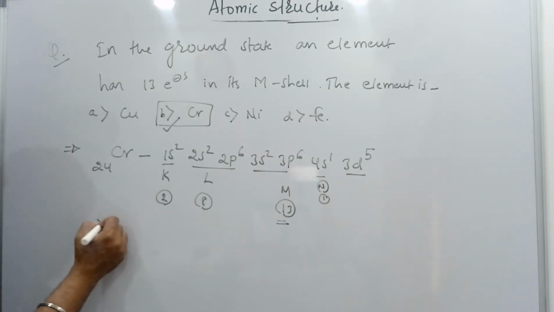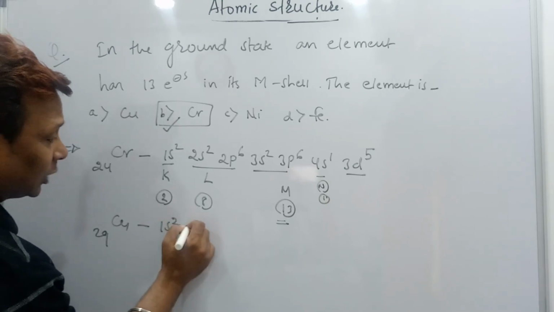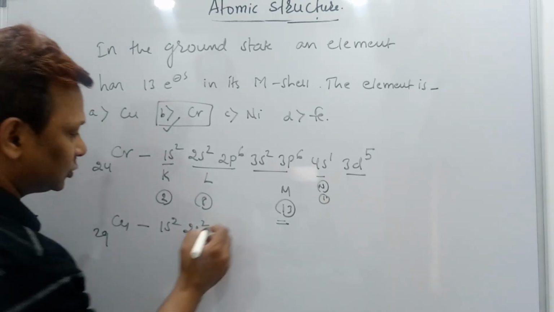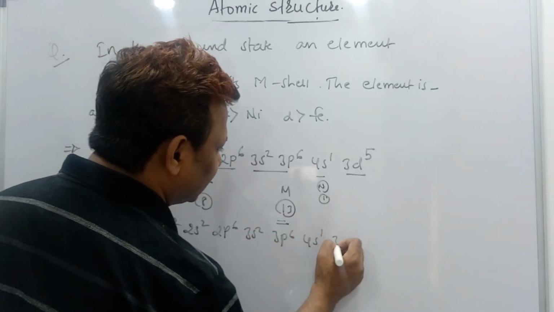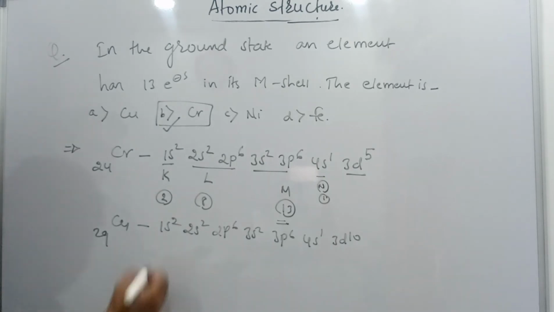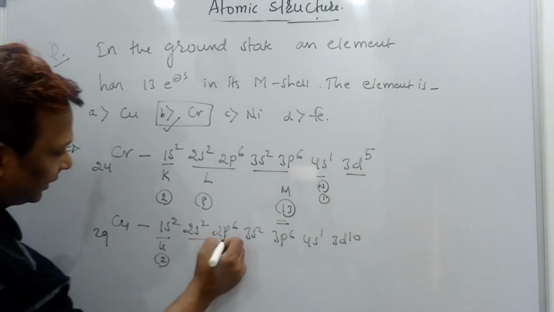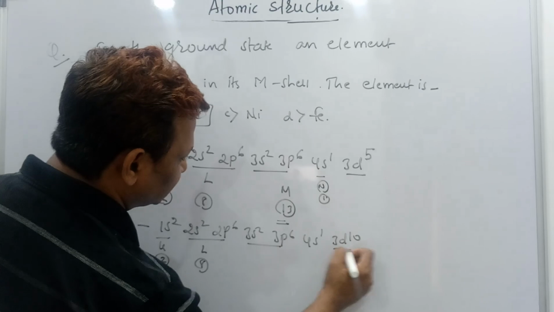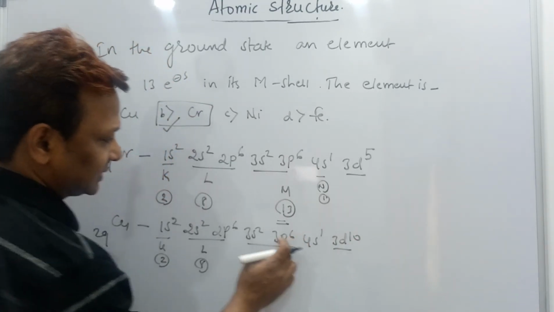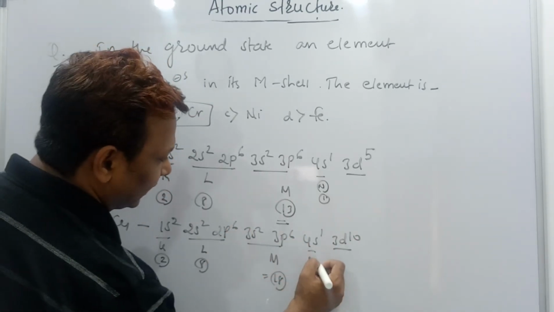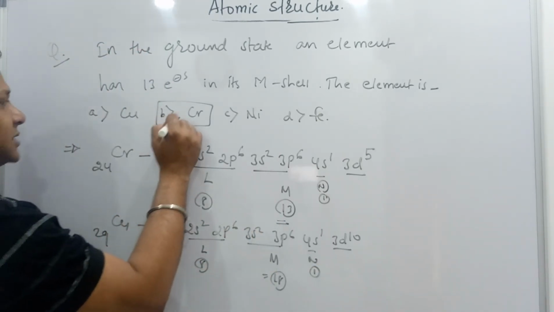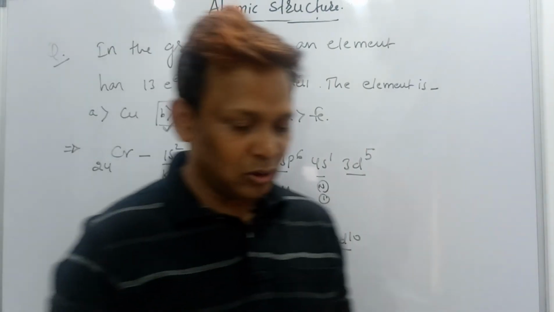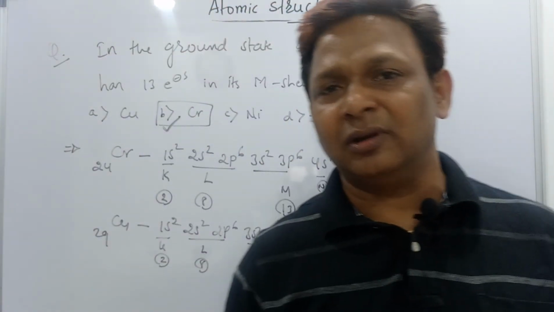But check copper also, better. The second one is copper, atomic number 29. It also has an anomalous configuration: 1s2, 2s2, 2p6, 3s2, 3p6, 4s1, 3d10. Now you can see K shell 2 electrons, L shell 8 electrons, and M shell total, beta, how many? 10 plus 6, 16 plus 2, 18, and the N shell is 1. It is asking for the M shell only, 13, so 13 is here. Our answer should be chromium, but not copper. So these are all the questions based on the configuration part I did.